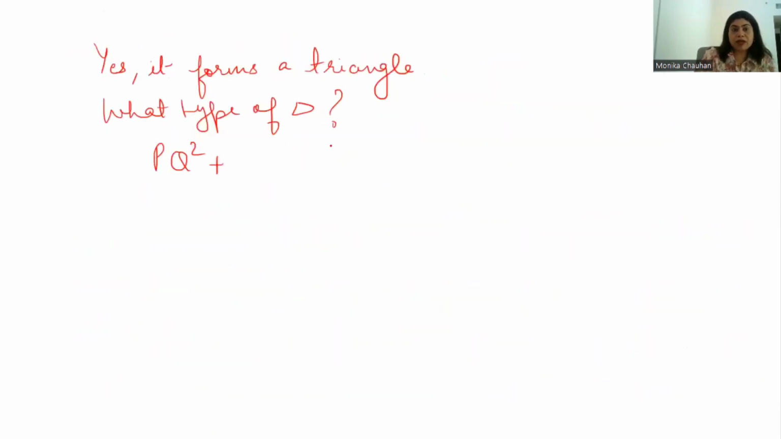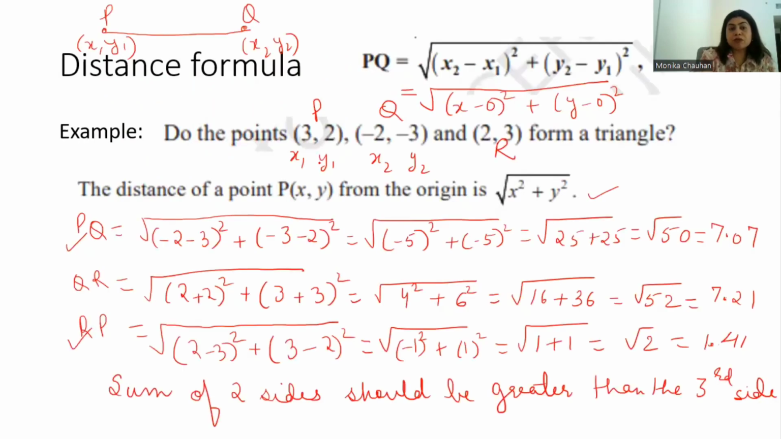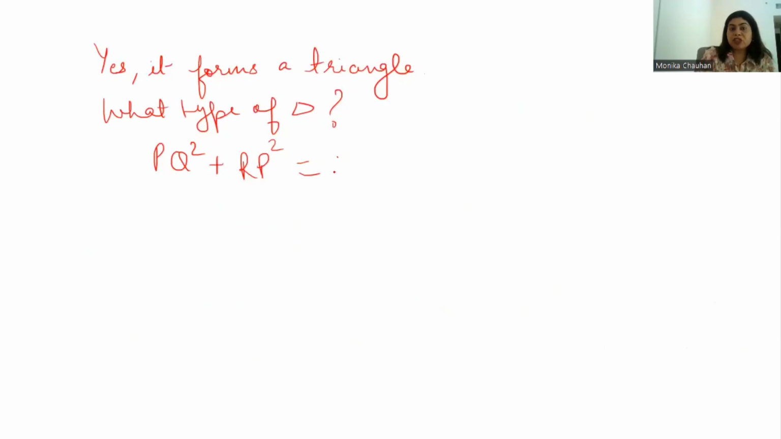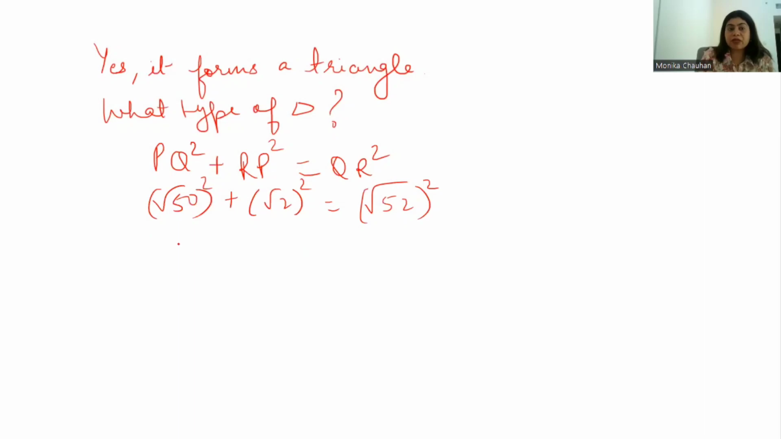plus RP square, is it equal to QR square? Let me check. Is it equal to this? So PQ is root 50 and RP is square root of 2. And for this, it is root 52, which we have calculated. So 50 plus 2 is equal to 52. So it is exactly the same. So you will write here